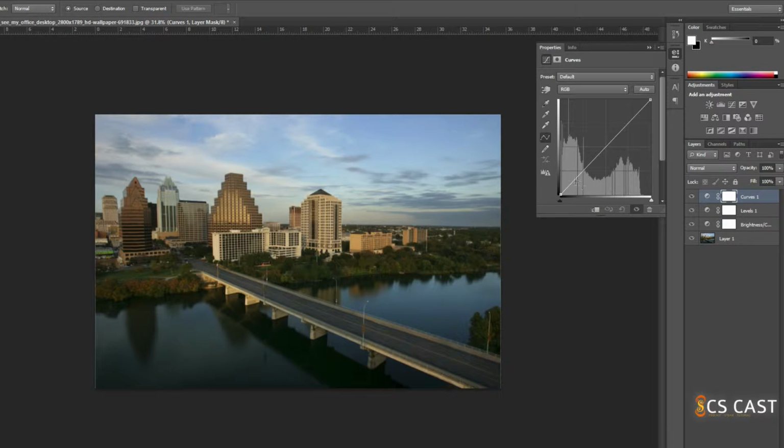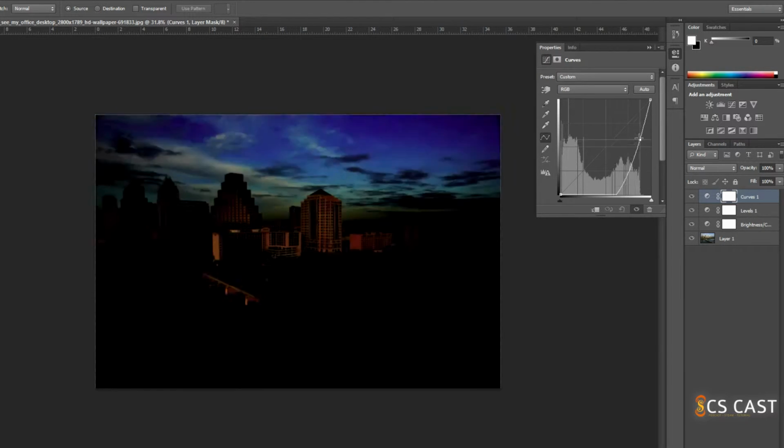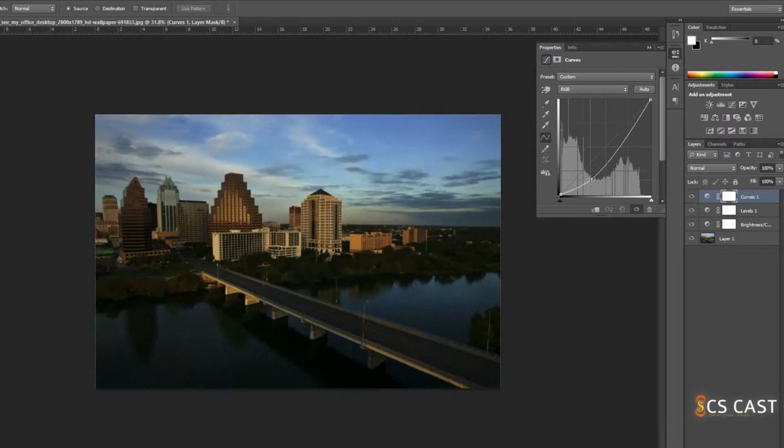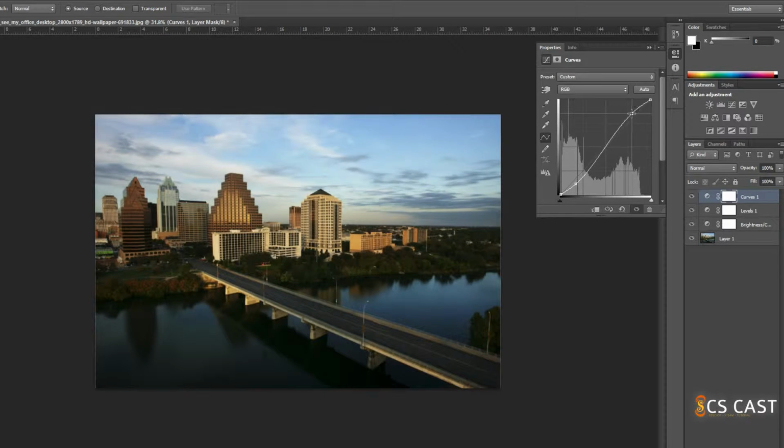Curves is another good one. It's really subtle changes though. You don't want to make it really dark like this or really light like that. It's subtle. So with that being said, I'm going to make a subtle change down here so that it darkens it up a bit and then lightens it up on the sky. And I believe that looks okay, but there could be some work done to it. Alright, so now we've got our